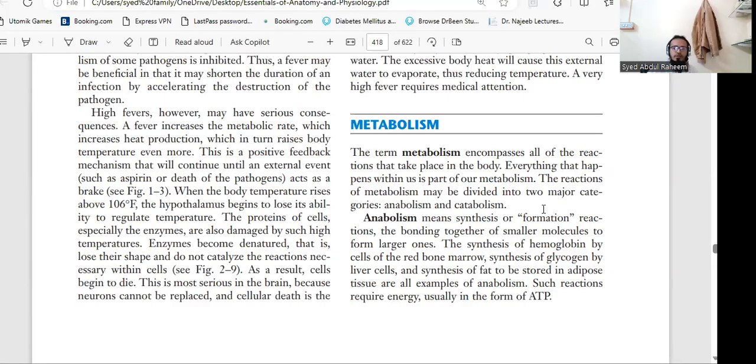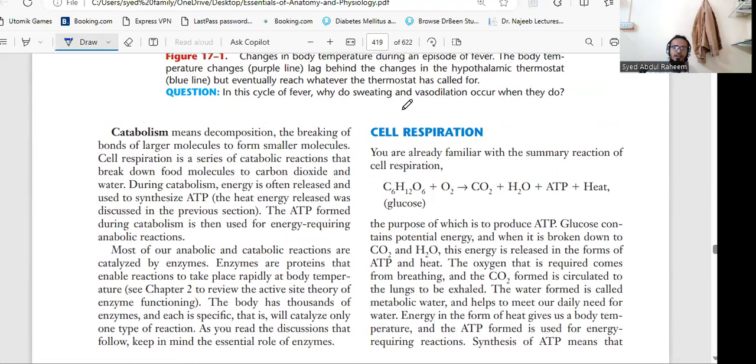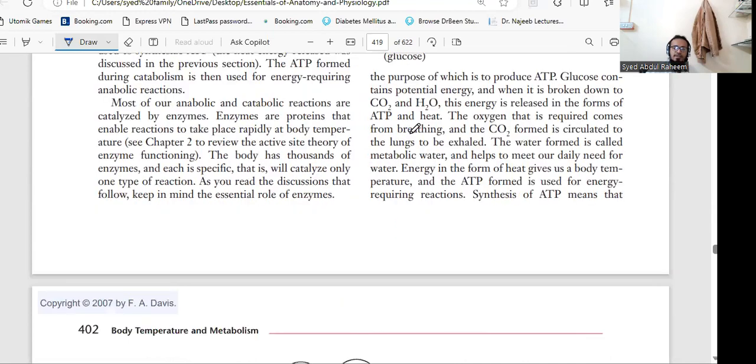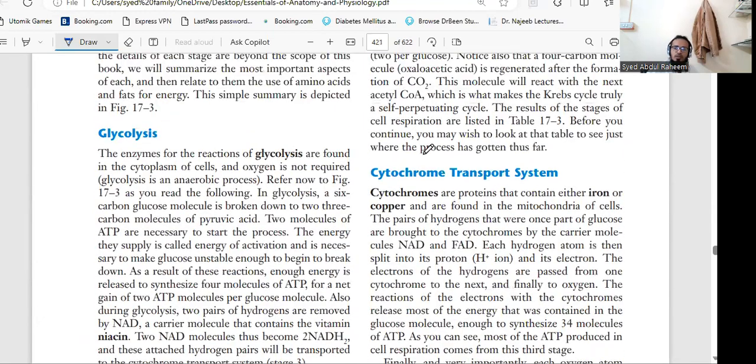So we will discuss today about metabolism in detail. Okay. So what topics are in the metabolism? Let's see. First, we will discuss the definition and types of metabolism. Next is cell respiration. Okay. Third, we have